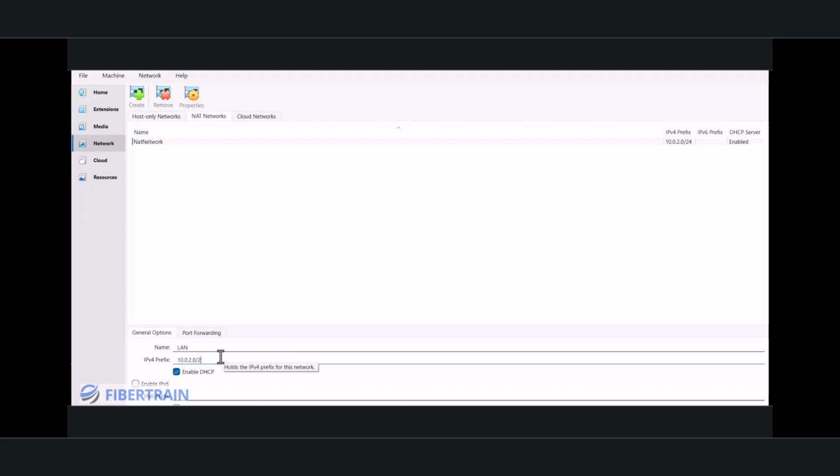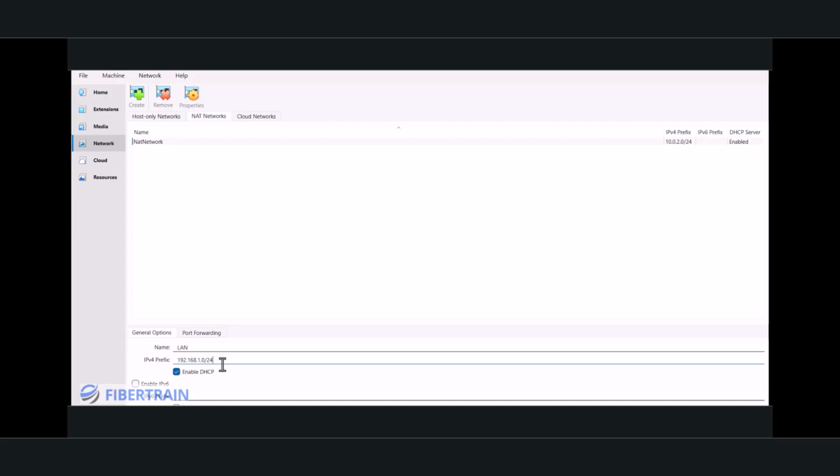So this should be edited. So this should be 192.168.1.0/24. The VirtualBox can also help us to act as a DHCP server, which means that if I leave this option enabled, the Windows 10 machine that we are going to install in a moment will get an IP address automatically from the NAT network. The IP should be on